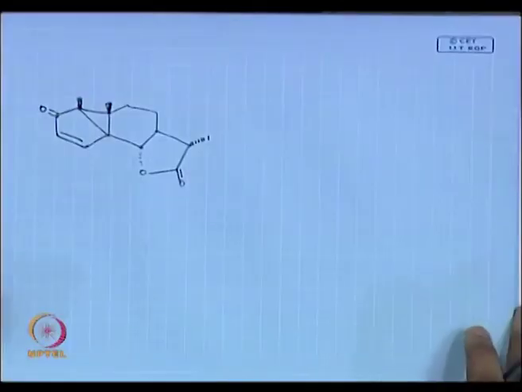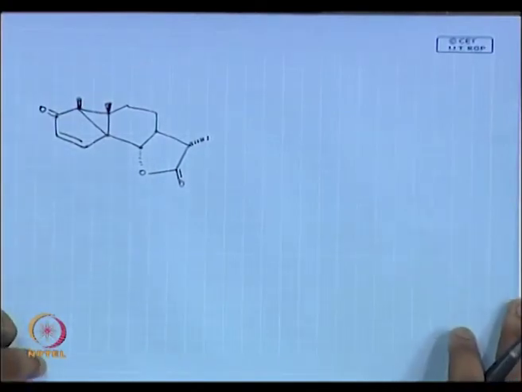Just recall from your mind where you have seen this structure. You have seen this structure and you are going to deal with it a lot in pericyclic reactions. Right now we do not worry about that part; we will see what chemistry is going to happen in this case. So, I have a system like this.